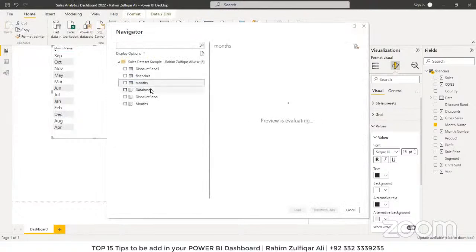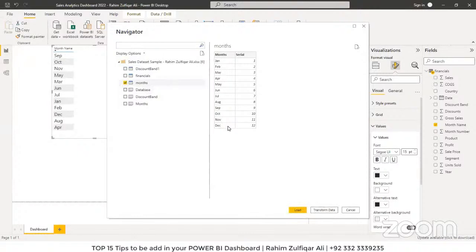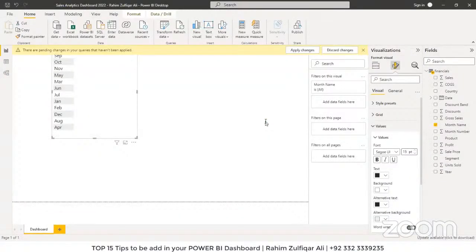Alright, so in my Excel workbook I have one table which has just two columns. The first one is month and the next one is serial. This particular table is called the dimension table, and you know that a relationship can be created between a fact table and a dimension table if we talk about the star schema. So I will just load this table into my Power BI,